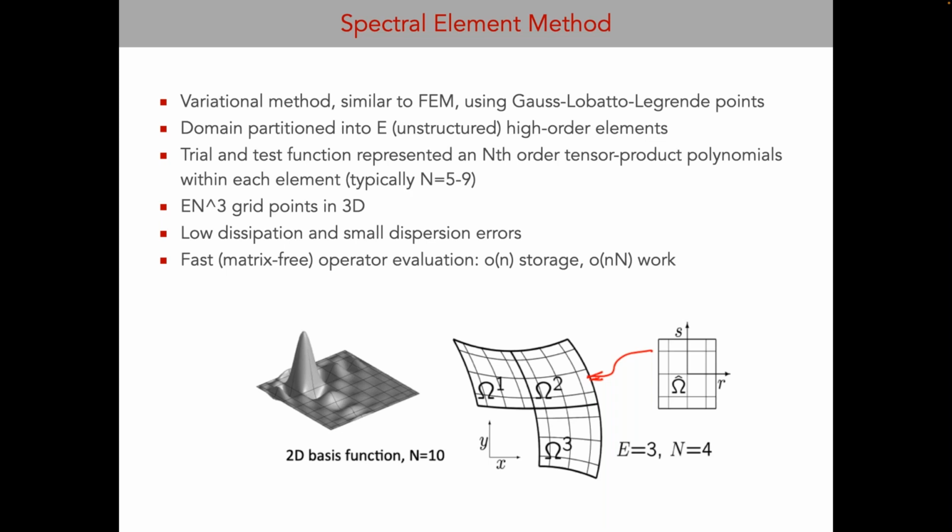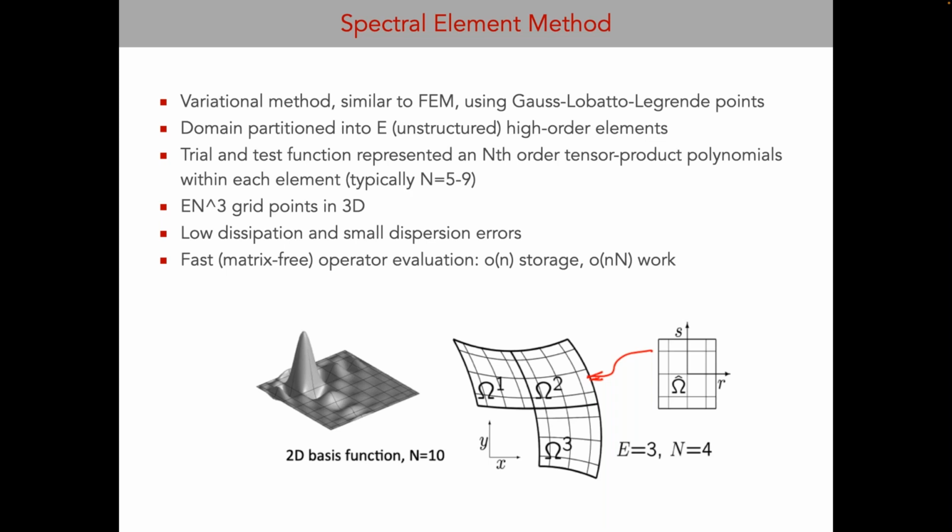Usually the polynomial order is a user input, and they range from 5 to 9 for most of our applications. And it comes obviously with some nice discretization properties, meaning it features low dissipation and small dispersion errors, which makes it really attractive for DNS and LES simulations. And thanks to the hardware trends, we can also evaluate these operators really fast because they're matrix free, and the